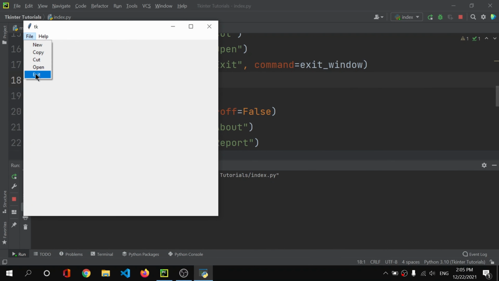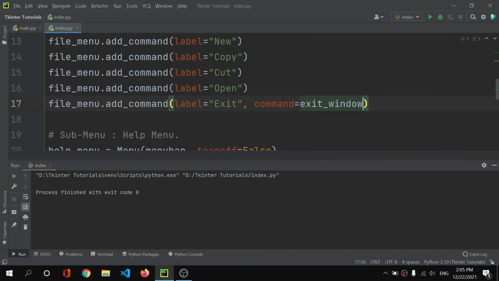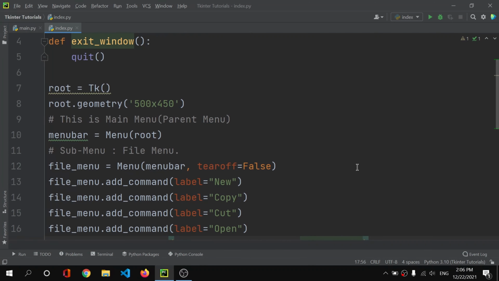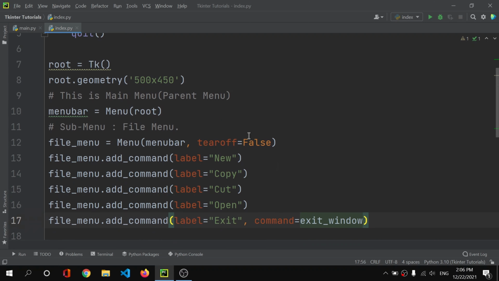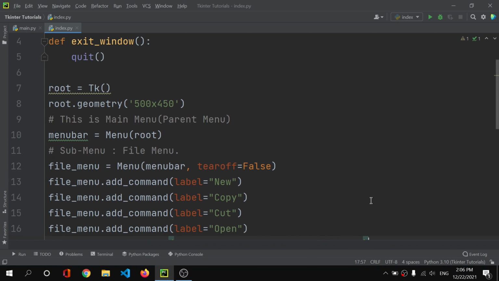So here if I go to exit, you will see that our window is now exiting, and so we will simply pass the reference. We will not execute the function there, we will simply pass the reference. So that was my bad, sorry, silly mistake. So that's what we can do. We can pass exit window. If we execute this function here, every time while executing this code our window will automatically quit, and that's not something that we want. And so we will simply pass the reference here.